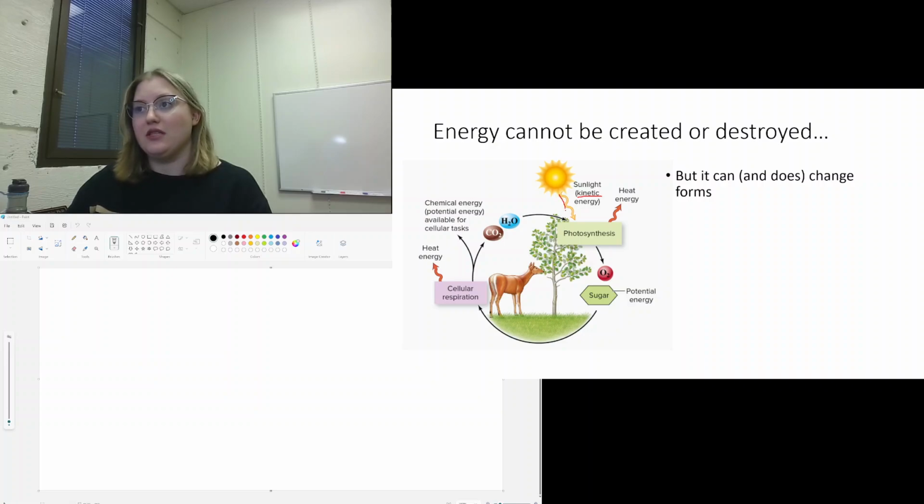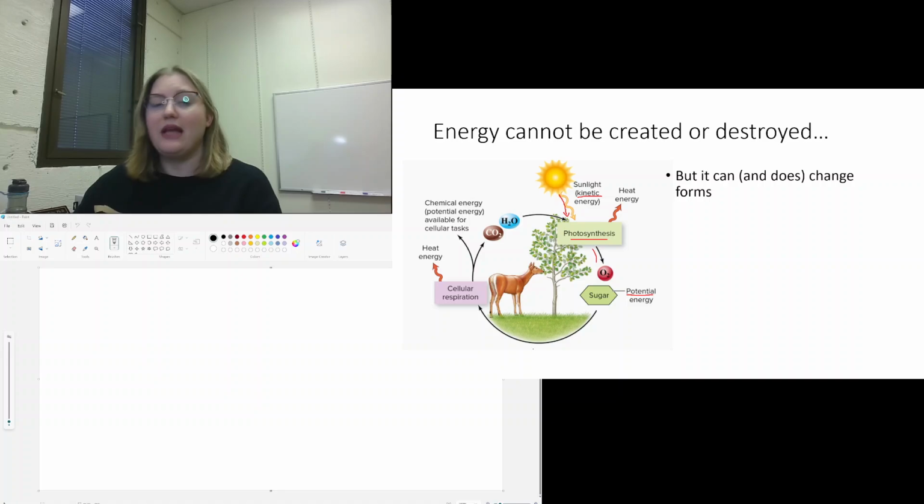So our sunlight comes into this energy cycle, and our plants capture this sunlight using photosynthesis. And photosynthesis generates a couple of things. It generates oxygen and sugar, right? And sugar, we know from our last section, is full of potential energy, right? Glucose has these carbon bonds, these covalent bonds between the carbon molecules, and that gives it a lot of potential